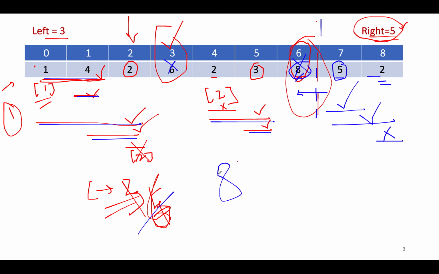Now what are the takeaways from this logic? The first one being, you identify the blocking nodes, the nodes that are higher in value than right, because they are blocking the previous left sub-arrays from being considered. Just keep this point in your head, and now let's build our algorithm.